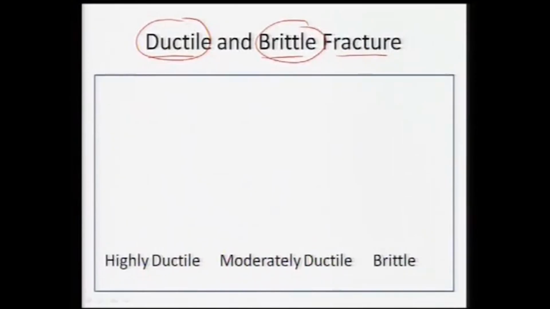In certain cases, we want to work with brittle materials. Why? Because of their very high strength, or even their optical properties or certain biological properties, we would want to work with brittle materials. So, in that case we also need to somehow impart much more toughening to it. We will see how we can do that as we go along. But in this slide, I will just tell about the difference between ductile and brittle fracture.